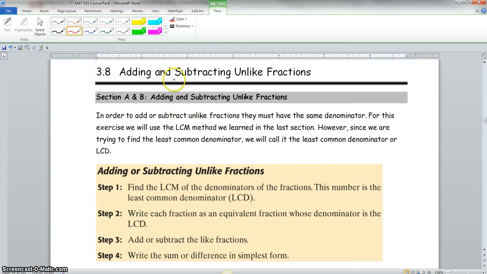Now we start 3A, adding and subtracting unlike fractions. Section A and B, adding and subtracting unlike fractions. In order to add or subtract unlike fractions, they must have the same denominator or same bottom number. For this exercise, we will use the least common multiple method we learned in the last section. So, this is what we're about to do with this